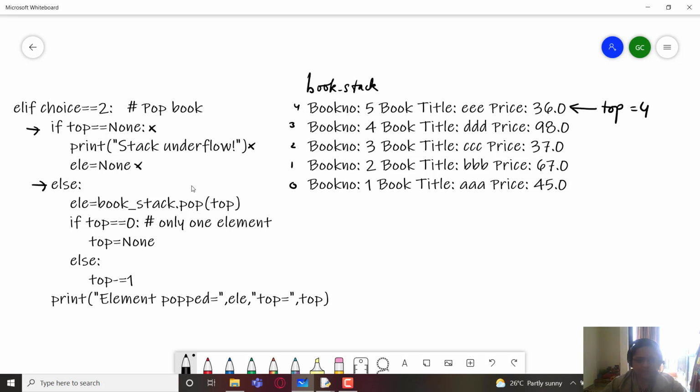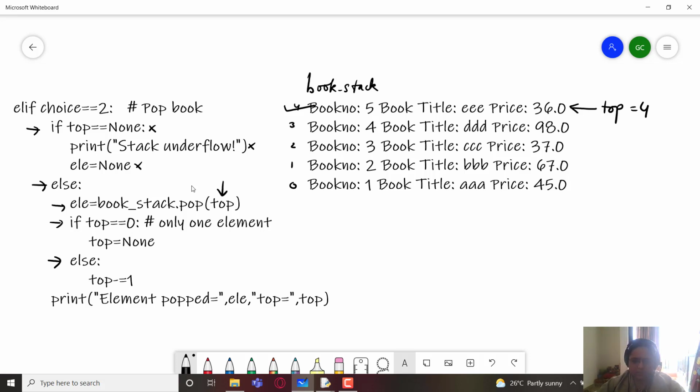LE equals book stack dot pop. So when we pop, and pop what? Value of top. So when we pop the topmost value, that is this value will be popped first. If top is equal to 0, so the top is not equal to 0 till now, that means we will be going to the else part, where we will simply decrement the value of top by 1.